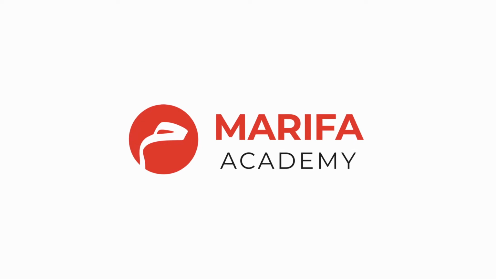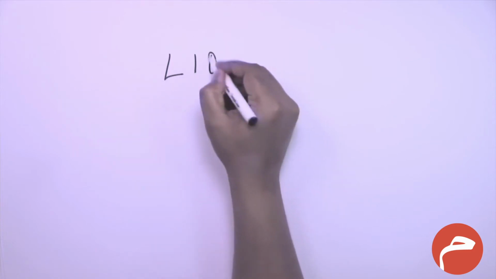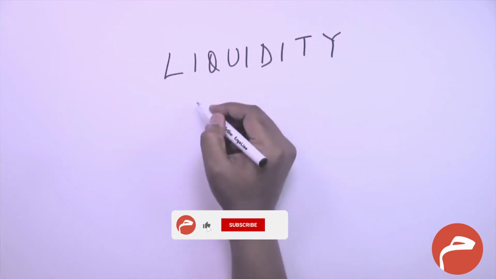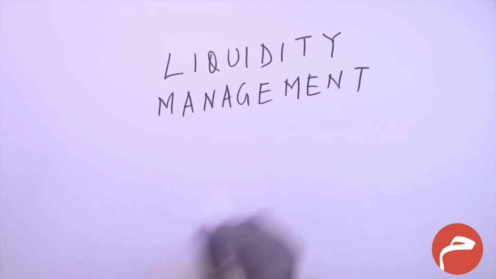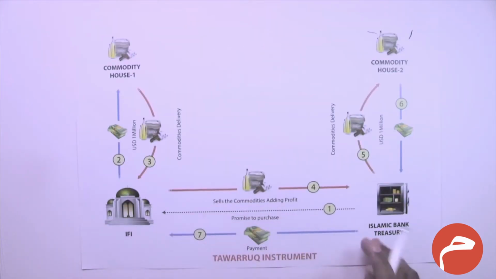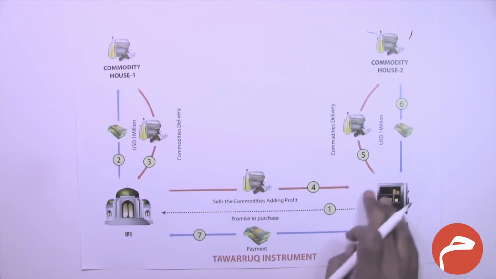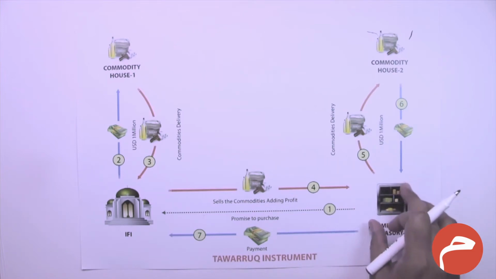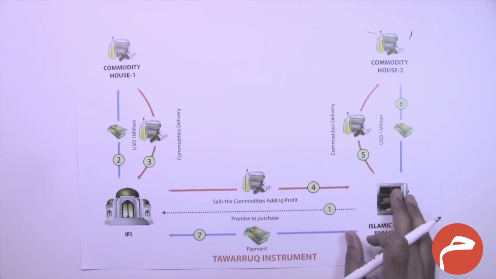Bismillah ar-Rahman ar-Rahim. In this lesson, let us discuss liquidity management. Now let us take an example and understand how the treasury of an Islamic bank manages liquidity issues. For example, if this is the Islamic treasury, meaning a treasury department of an Islamic bank, and if this treasury department is in need of $1 million for 1 month,